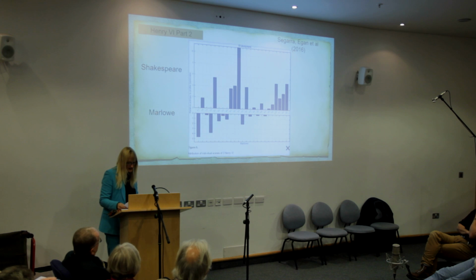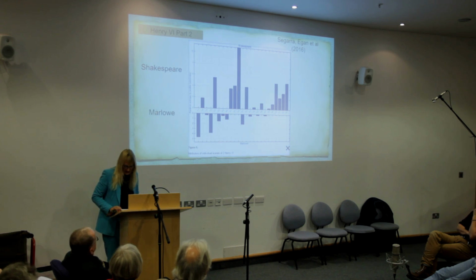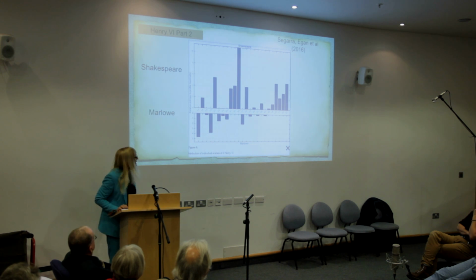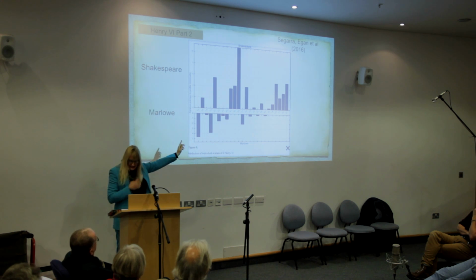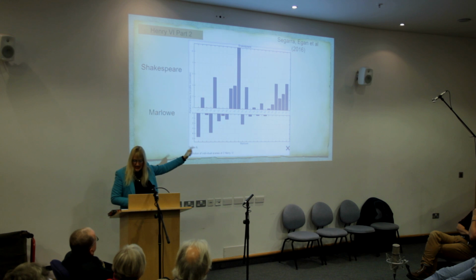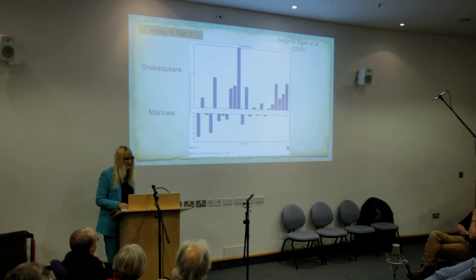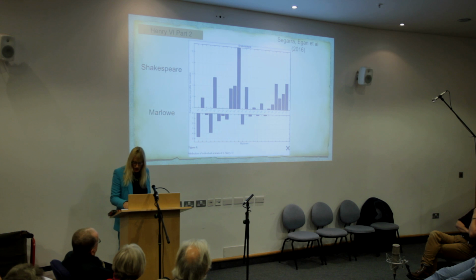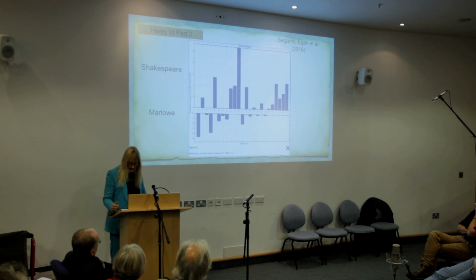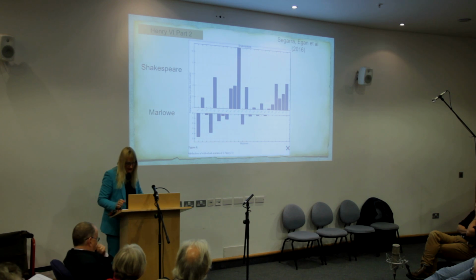Act 4 is significant because it contains almost all of the Jack Cade rebellion. Now, they state, except for Act 4, Scene 10, our method cannot clearly distinguish between Marlowe and Shakespeare in this part of the play. They say, again, that it's similar, that it's broadly agreeing with other results. But in fact,